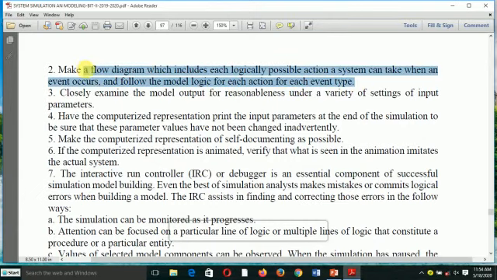So you can make a flow diagram and show how the system will react according to the action, according to an event. For example, you can say if a user enters a long password, how the system will behave. You can say that the system will tell him this is a wrong password. You have to try 3 times like that.